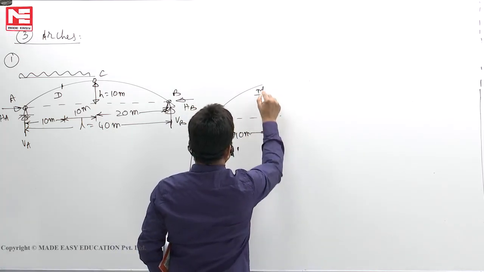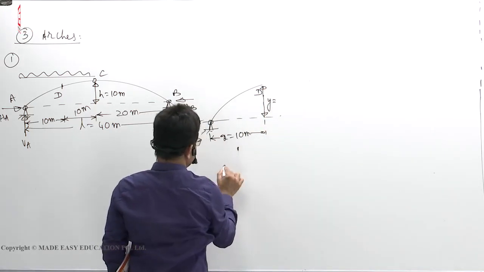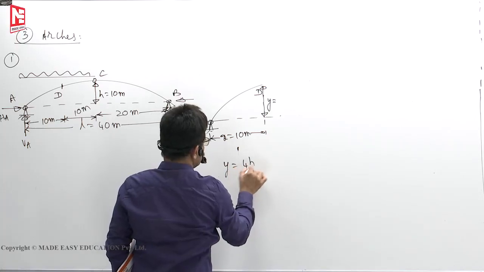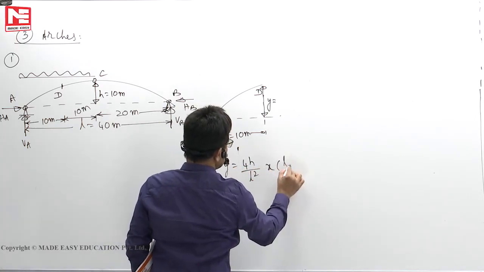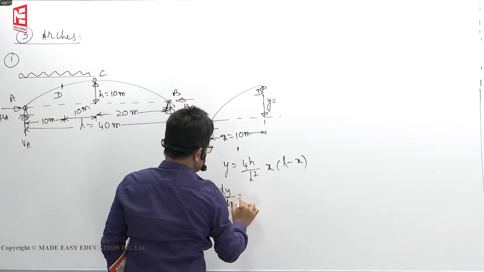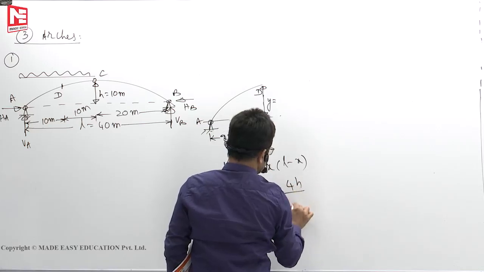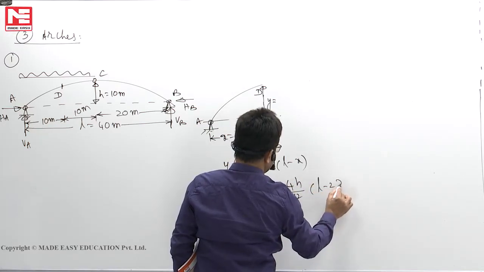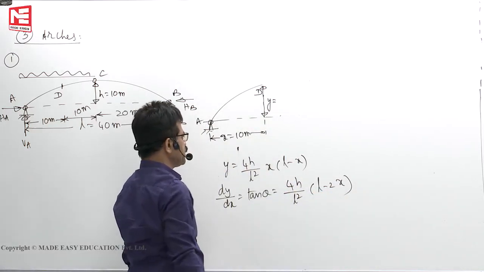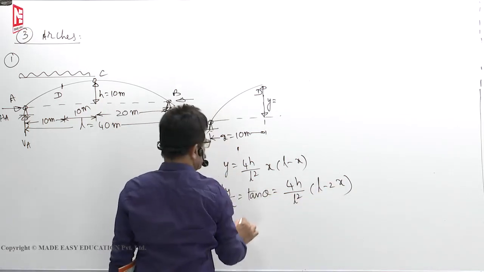This is y. What is y? Slope means dy/dx. y is equal to 4h by L square into x into (L minus x). dy by dx is nothing but tan theta, 4h by L square into (L minus 2x). So at a distance of x is equal to 10 meters,